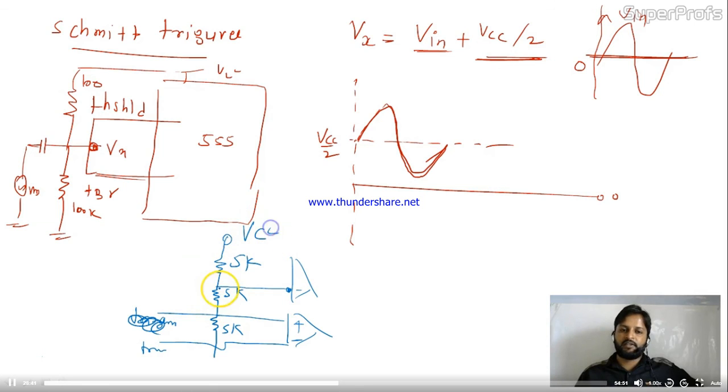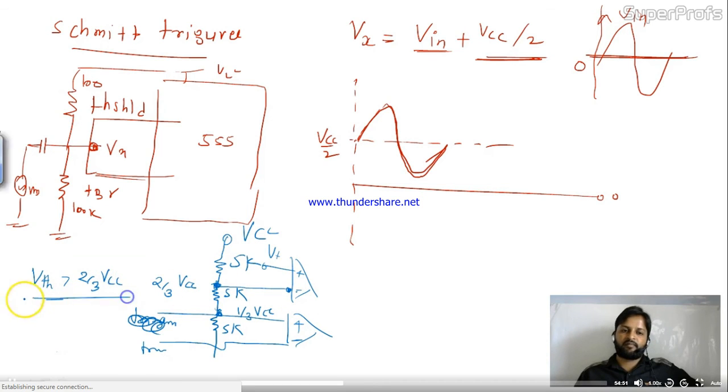Here VCC. What is the voltage over here? It is 2 by 3 of VCC. Is it okay? What is the voltage here? It is 1 by 3 of VCC. You can simply apply the series voltage division rule over here. So you will get 2 by 3 of VCC and 1 by 3 of VCC. Now here you connected threshold, VTH. If V threshold should be greater than this point, this point is nothing but 2 by 3 VCC. When VTH is greater than 2 by 3 of VCC, you will get